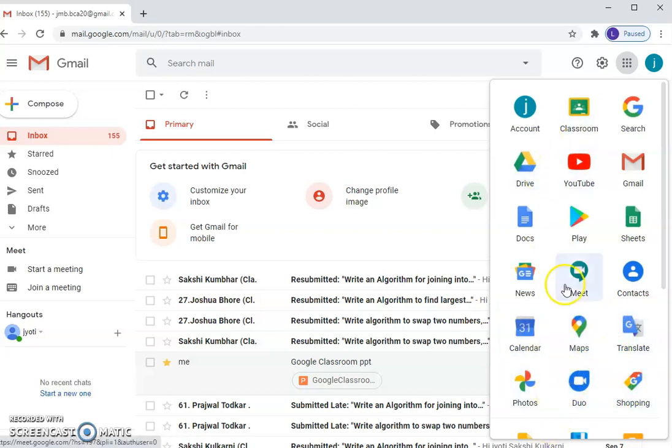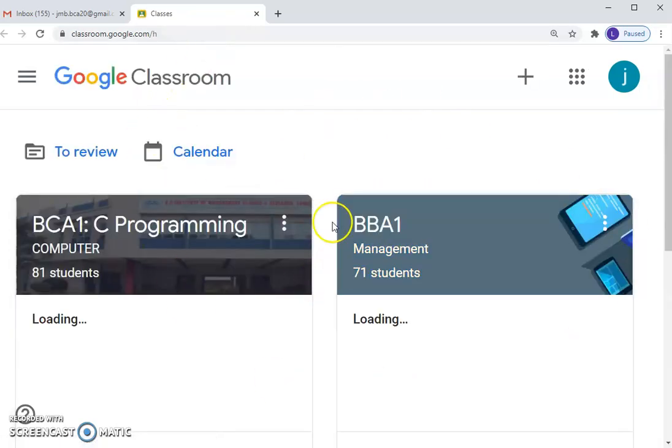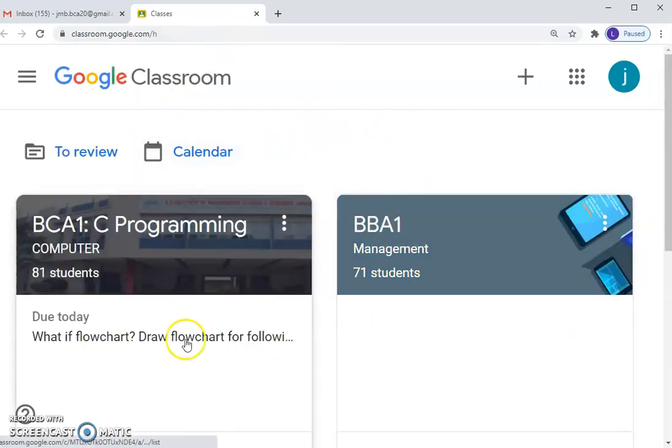Okay, so I have just dragged it and got it on top. Just click on the Classroom. A new tab will get displayed. Okay, it will open our classroom. Right now in this screen I have already added 2 classes, so you can see this screen with 2 classes. Otherwise, if you are a beginner, your screen will be blank.